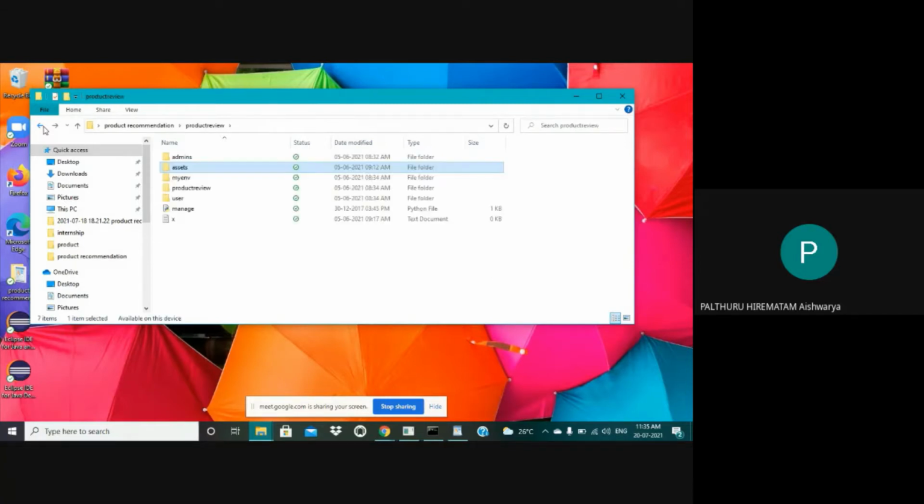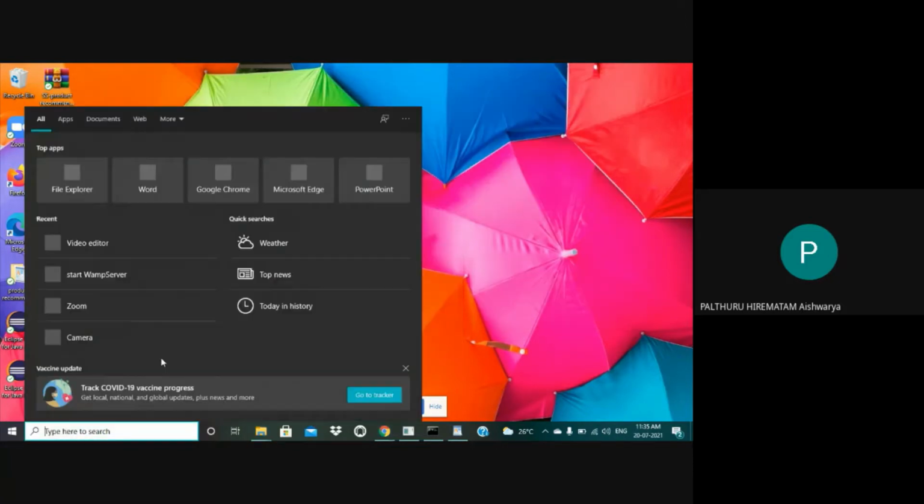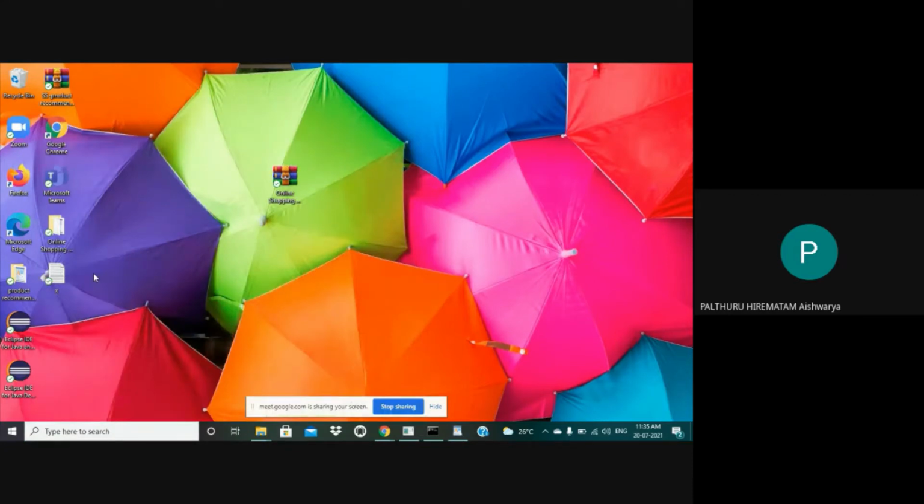Next, I will start the WAMP server. I'm starting the WAMP server to run the backend of the code.